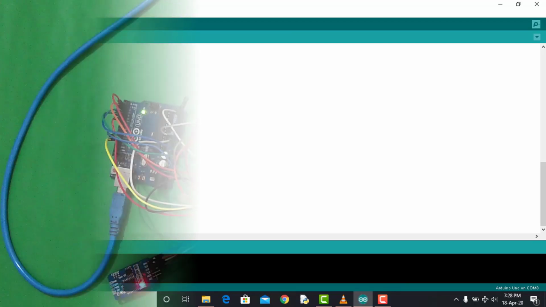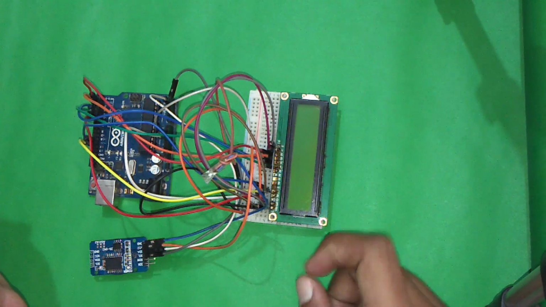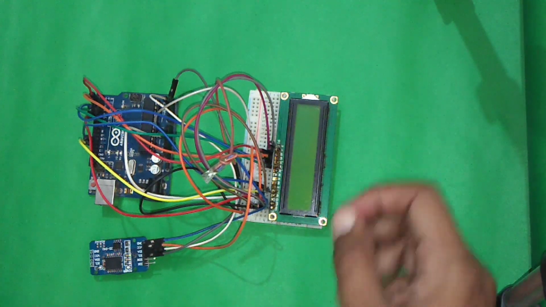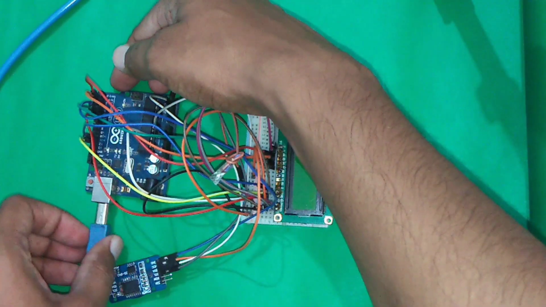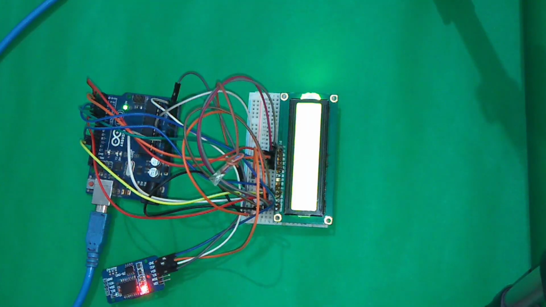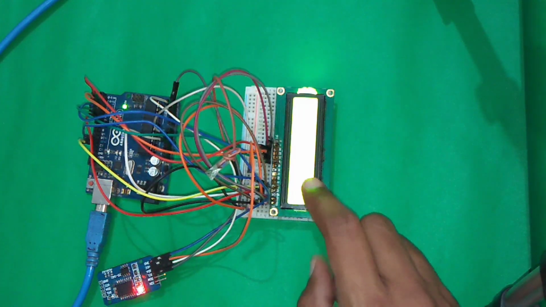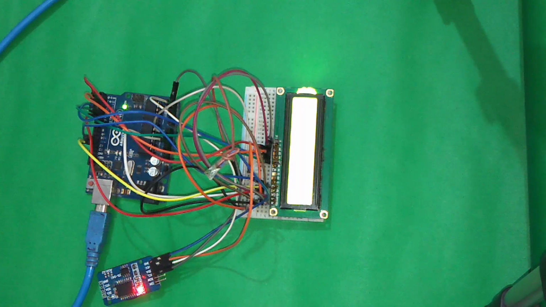So the code is quite simple. We'll try to upload the program and see what the output will be. So we'll connect the USB, and initially you can see the screen is blank. Now I will upload the program.